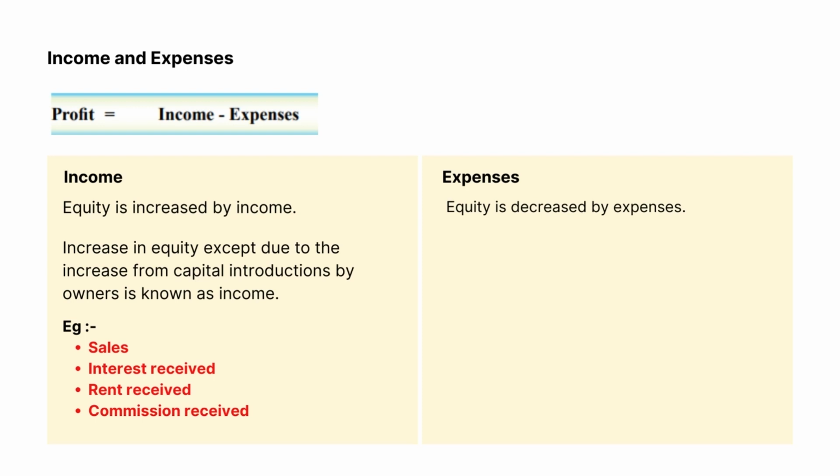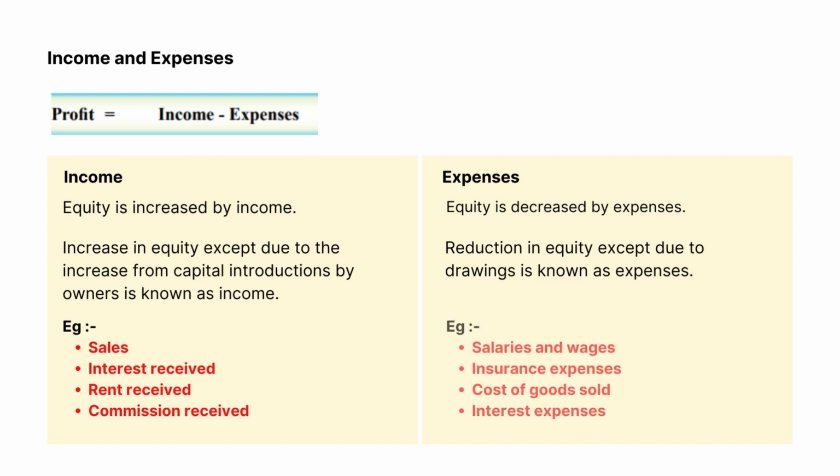As income belongs to the owners, expenses should also be borne by the owners. Therefore, expenses should be deducted from the equity and it causes the equity to reduce. However, a decrease of equity does not occur only from expenses. When owners take goods or cash out of the business for their private use, which is termed as drawings, the equity also gets decreased. Therefore, expenses can be defined as a reduction in equity except due to drawings. Examples: salaries and wages, insurance expenses, cost of goods sold,